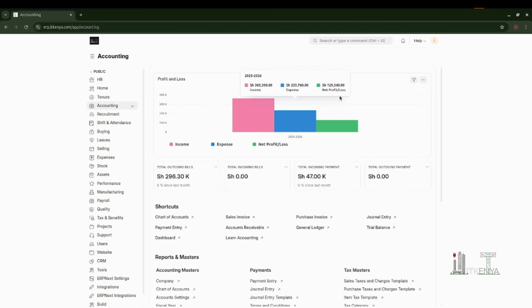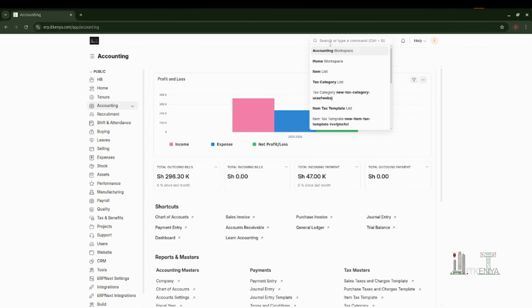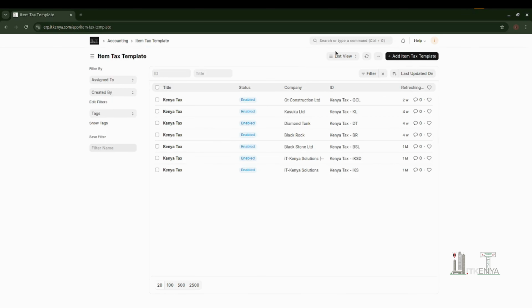But let us use the fastest route, which is mostly the awesome bar. I get it, we are inside the accounting module, but it's easier when we use the search bar, because everything you need can be found here. So search for item tax template list, then add a new template,